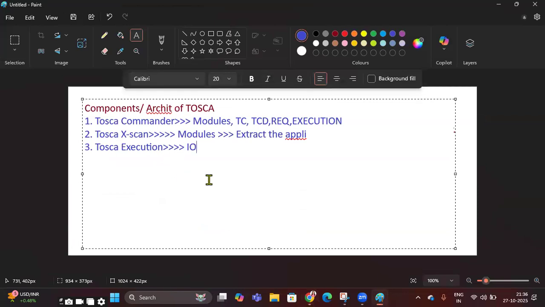Okay, so we can say it executes the application. Now, after doing the execution part, we have the fourth architect component, that is Tosca